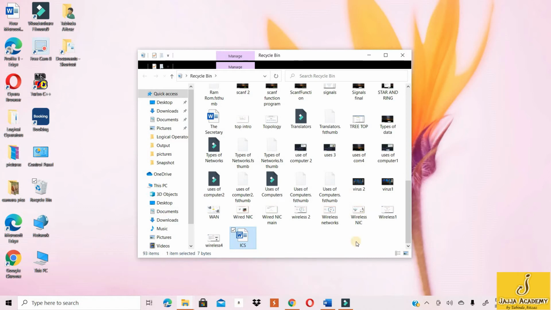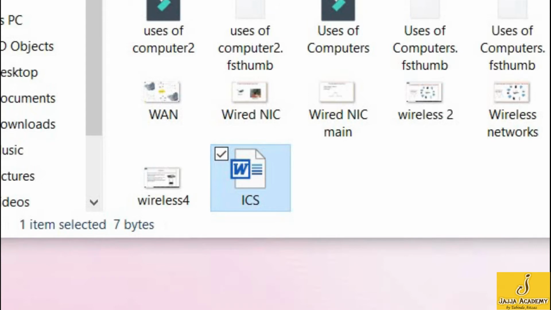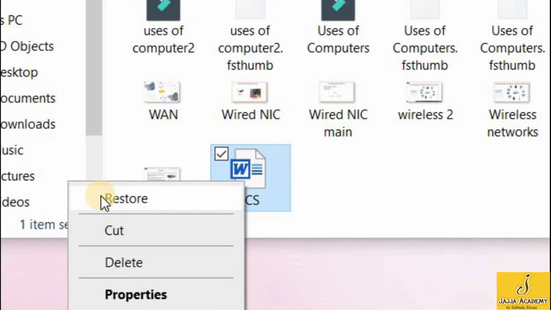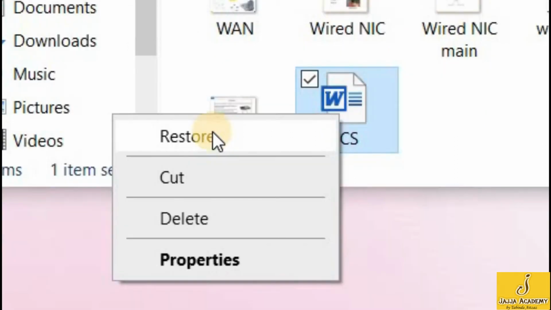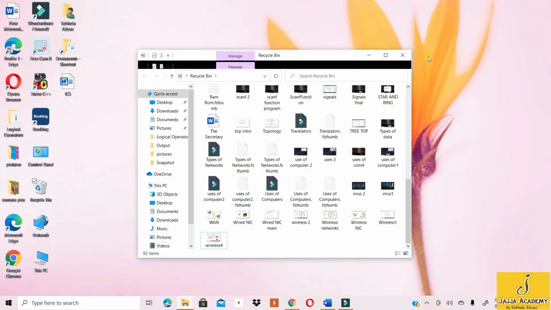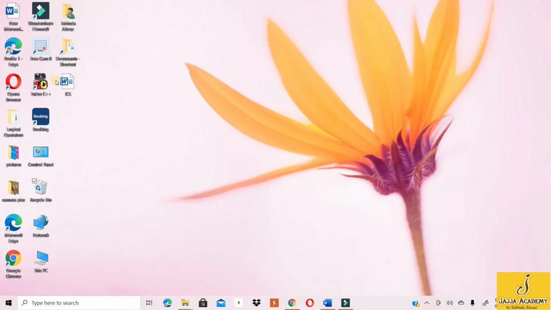Now if I want to restore this file, restore means sending it back to its original location from where it was deleted, and that is desktop. So I'll right click on this file and press on restore. Let's click on restore. Now it is removed from recycle bin and is restored to the desktop screen.